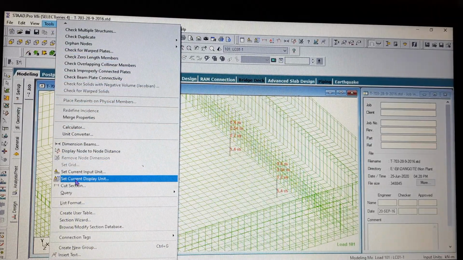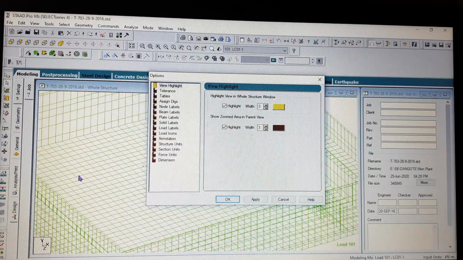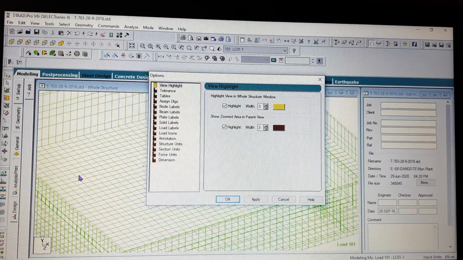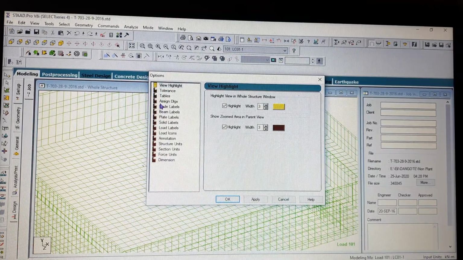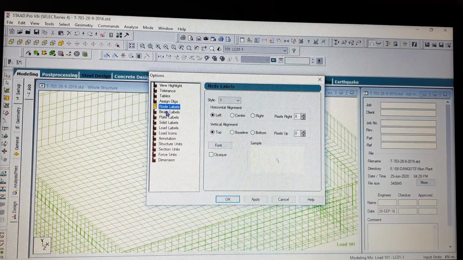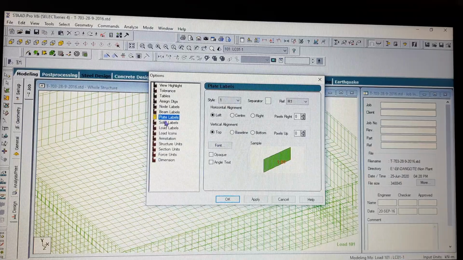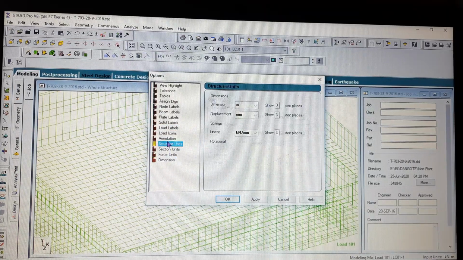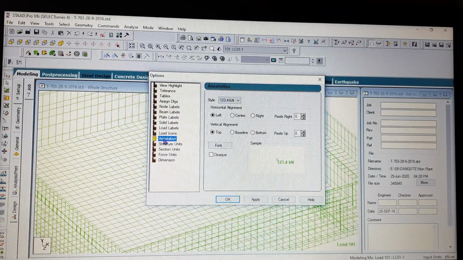Set current input and set current display unit. It is a very rigorous functionality. You can see lots of buttons are there, lots of functionality: view highlight, tolerance, table, assign dialog, node level, beam level, plate level, load levels, solid levels. There are dimension, force unit, structural unit, annotation, lots of things are there, and lots of meaning of each of these